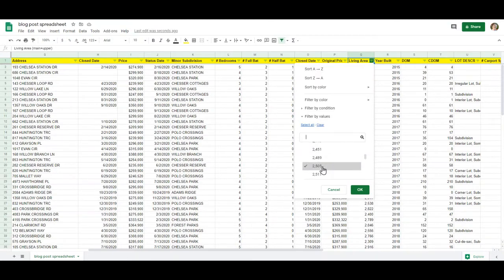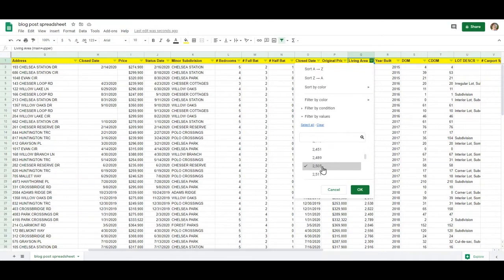Okay, we're going to pick this. Now we're going to try to choose a range that we can work with that'll give us the information. When you're sorting your information and getting your data, you really want to try to be as specific as possible on your properties, because if you're trying to price a property that's 2,500 square